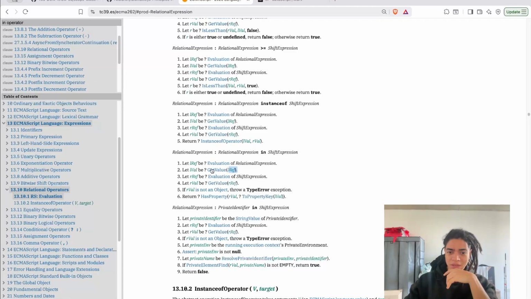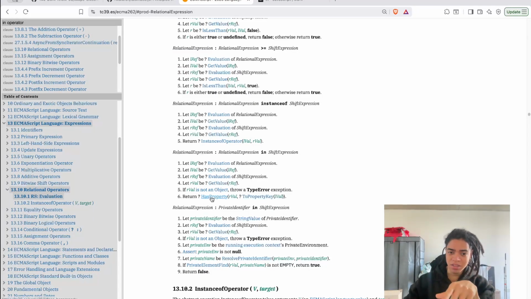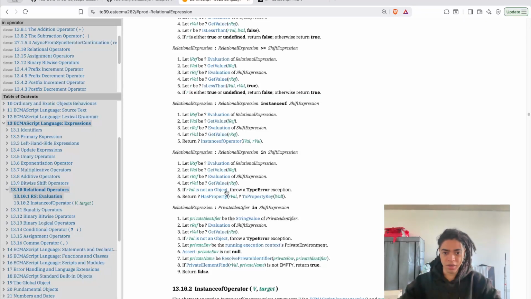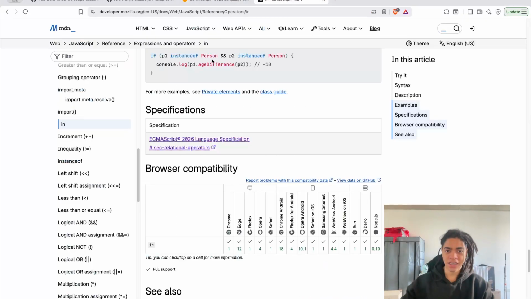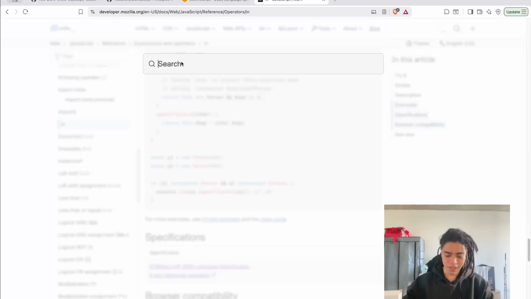Let me evaluate the shift expression, and if it is not an object, throw a type error. But it has an object. Look at it, it says, hey, do you have has property of this property key value, right? It is actually invoking that has property. I do think that has property